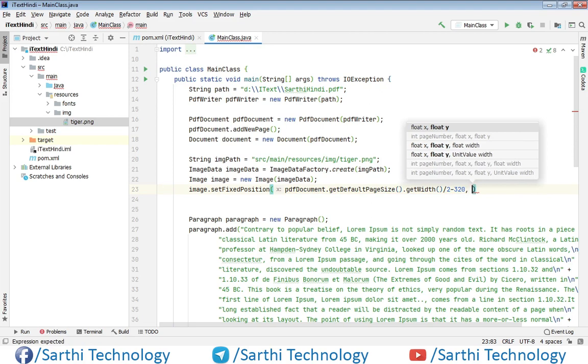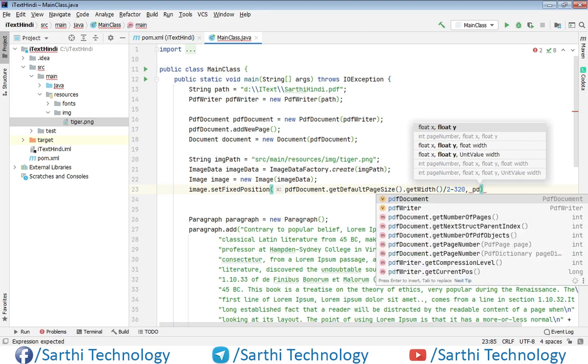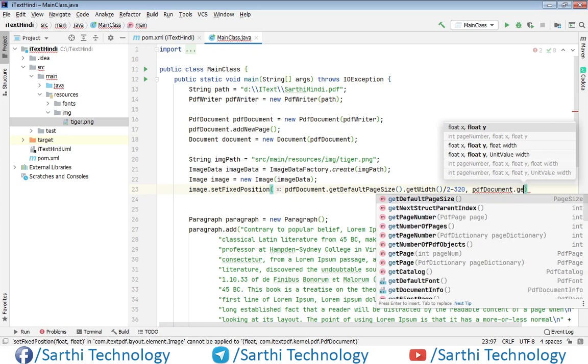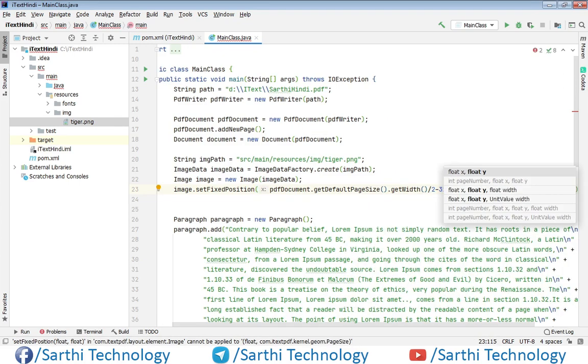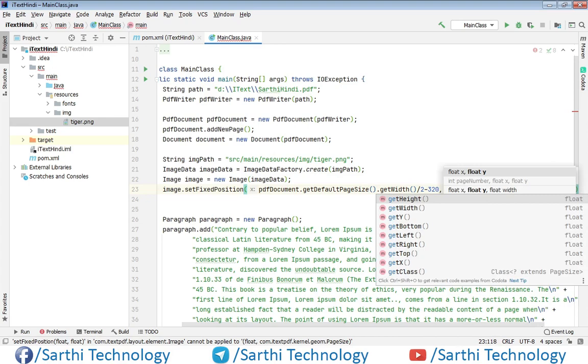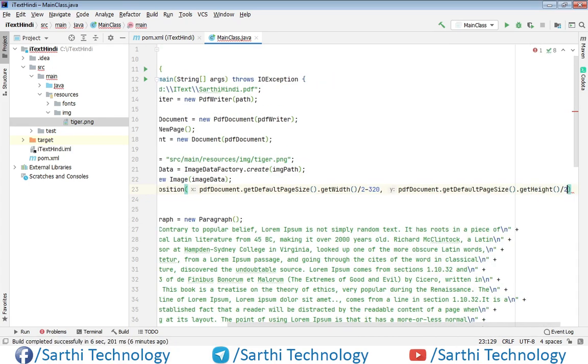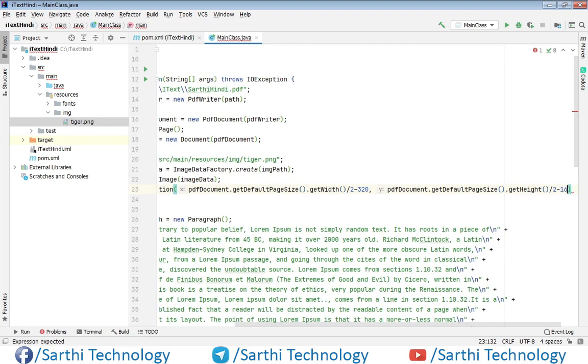And for the y, same, PDF document dot get default page size dot get height divide by 2 minus 160. Okay, put semicolon.